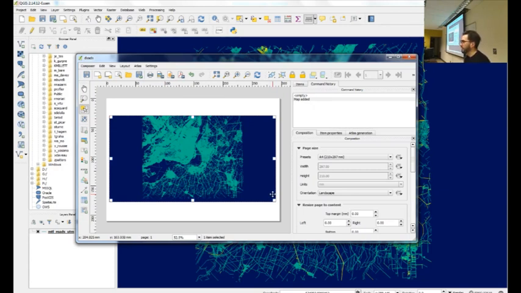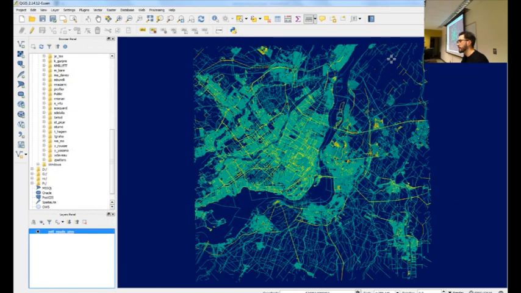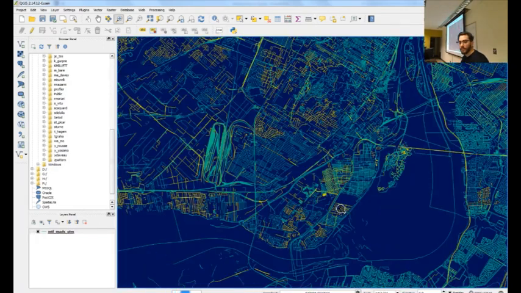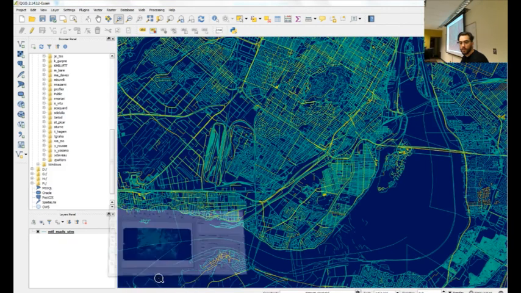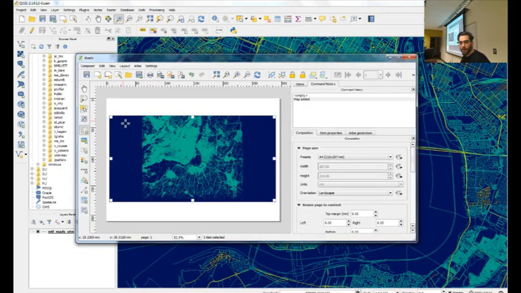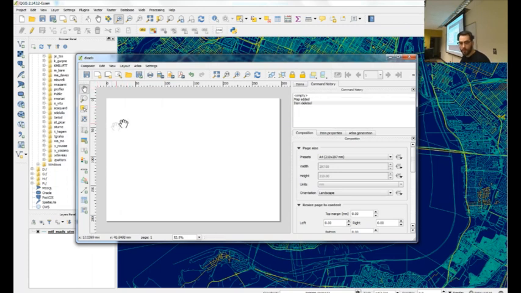So, this is where things get confusing. I drew this rectangle, and it filled it with my map, but how did it decide, why did it put all this empty space here, what's going on? The reason it did that is that it paints exactly what is in your view screen here right now. So now I can zoom in here. And now when I draw a new box here, I'm gonna erase this box. Now when I draw a new one,